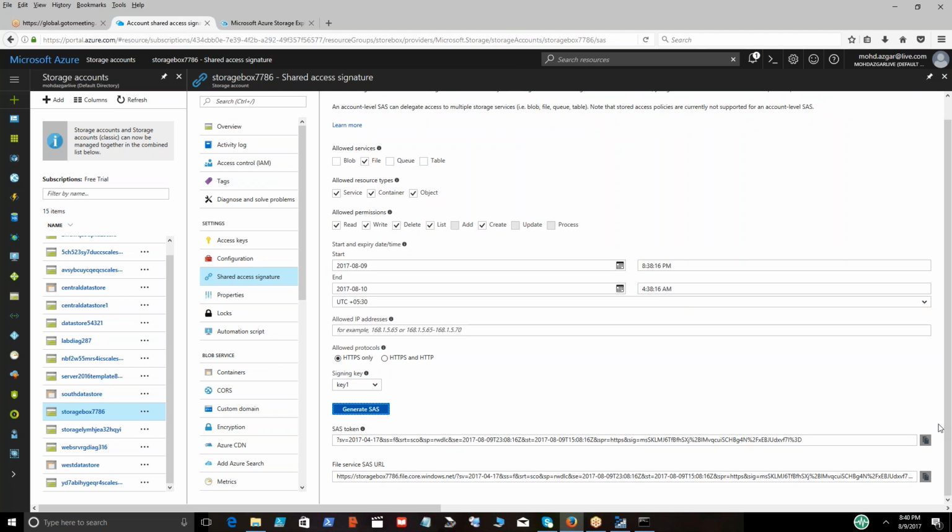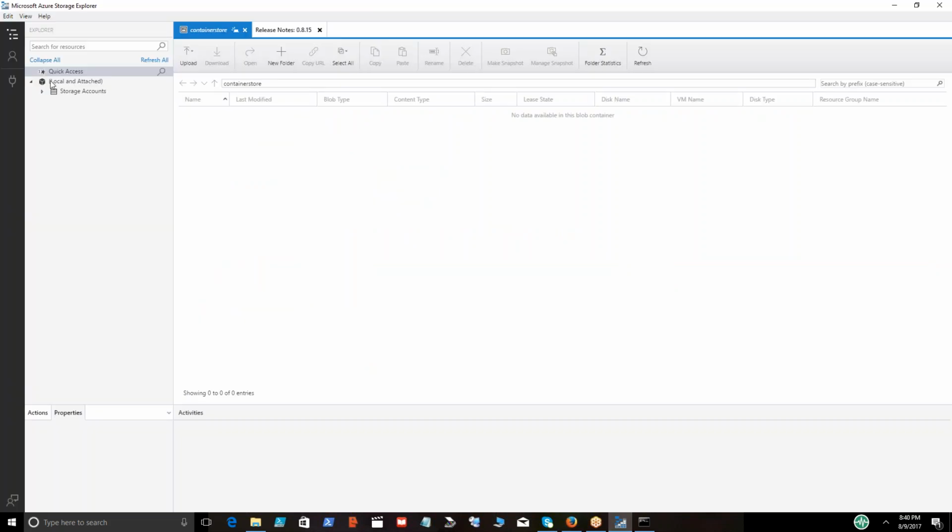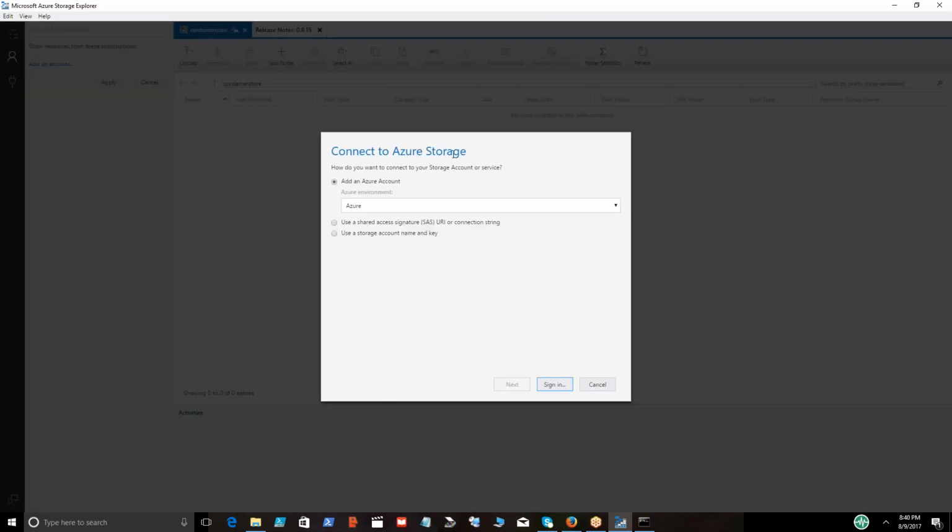Copy the file service SAS URL. Copy the whole thing. And let's go back to Azure Explorer, and then sign in. Click on that plug button, or add an account, same thing. Now here, instead of